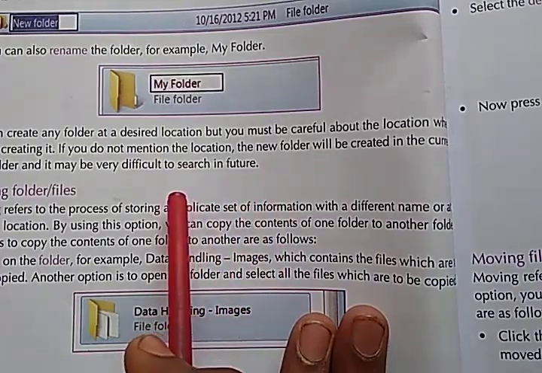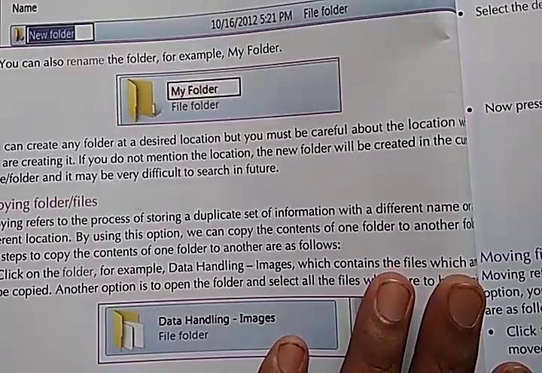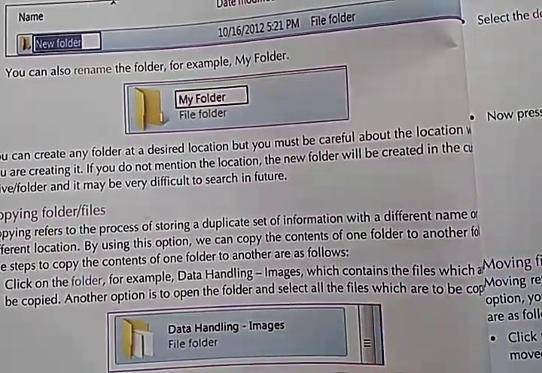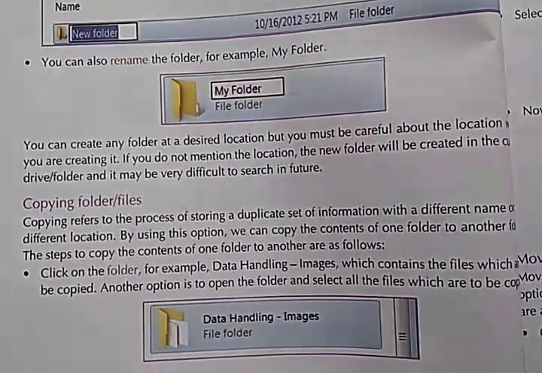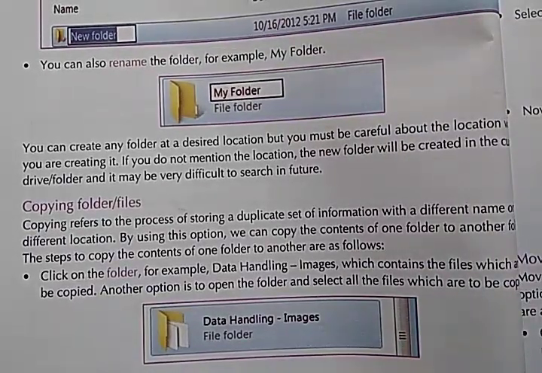So that's why you should mention the location also. Okay, copying folders and files, about this we will study in the next video.